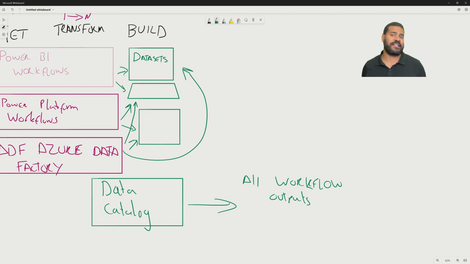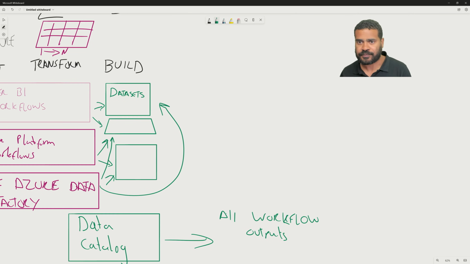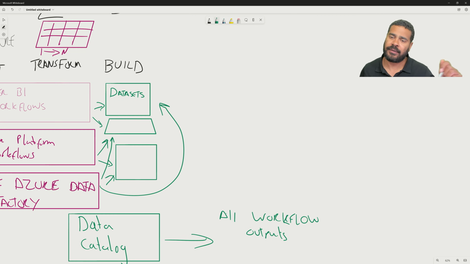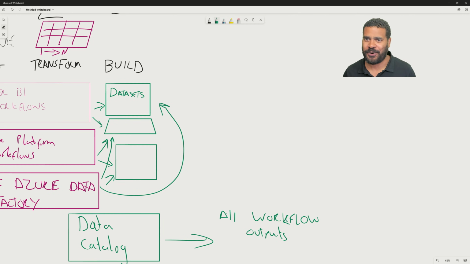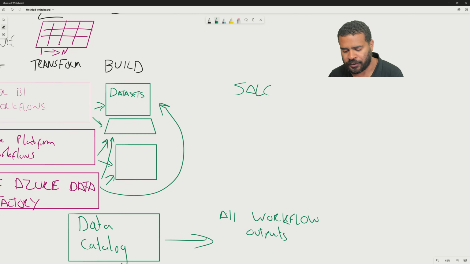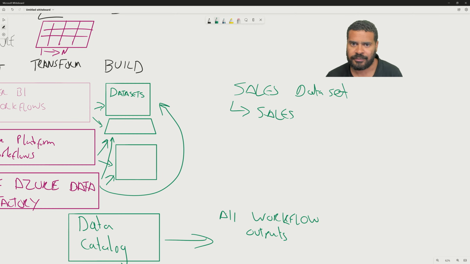The next thing that goes into your data catalog is your data sets, because your data sets, fundamentally, the bottom line of them is that they're a way of combining those workflow outputs. So if you think through it, if we went through a simple example of my sales data set, I'm going to have my sales, but then I'll have things like products,